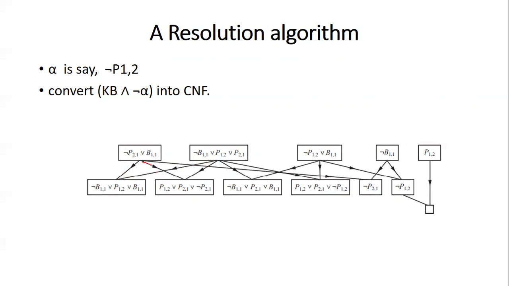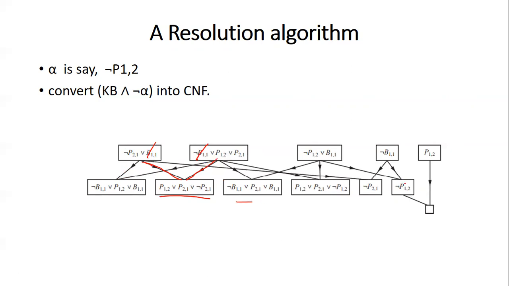See here, actually we can apply resolution in two ways. We are applying resolution with P21, but at the same time, these two things can also be applied resolution with not B11. When you apply resolution using not B11, these two things will get cancelled. So as a result, we will get this P12, P21 and not P21. This is what we have missed out in the previous case, right? Fine, but that's not an issue.